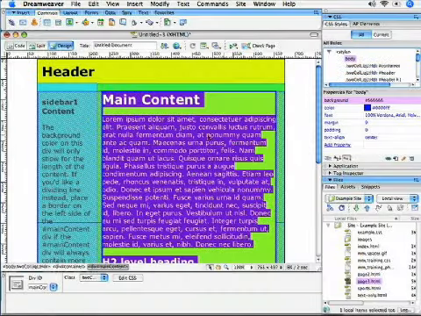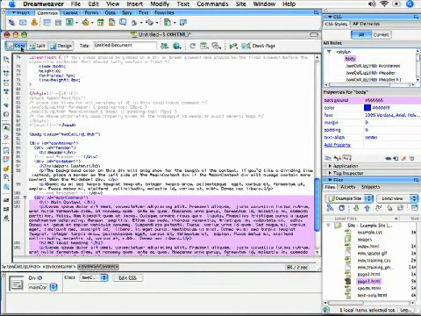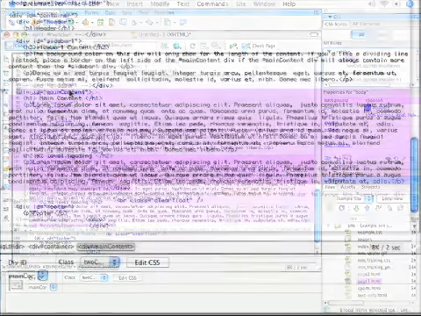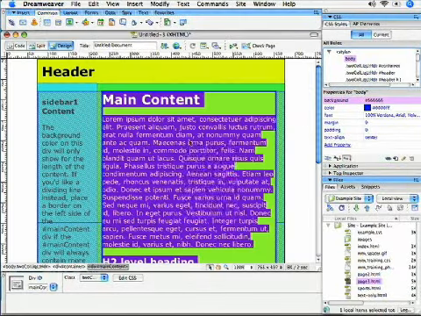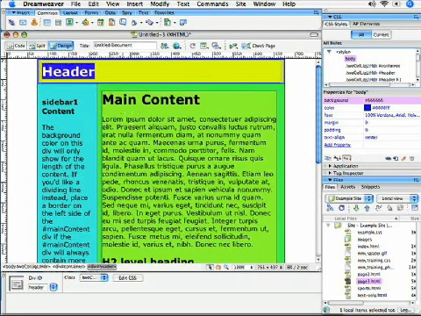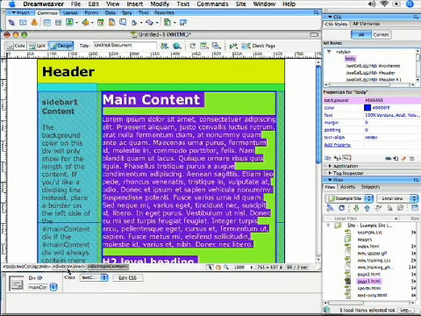This main content container, if we look in the code over here, you'll see that the div ID is main content, which is also reflected down here in our HTML tag, sort of nested tag hierarchy here. This is actually really valuable to be able to look at to see that this particular selection that we've made, or this one here, watch the bottom change when I select the sidebar. Okay, so we're still inside the container div,